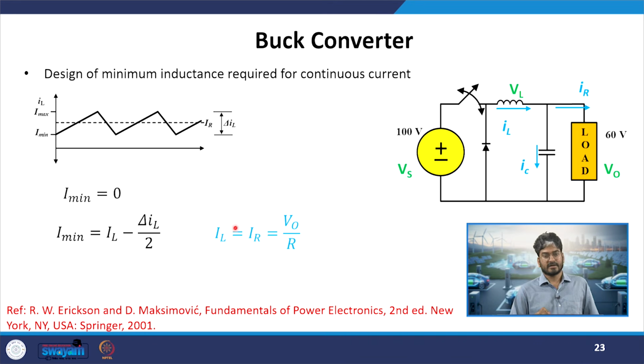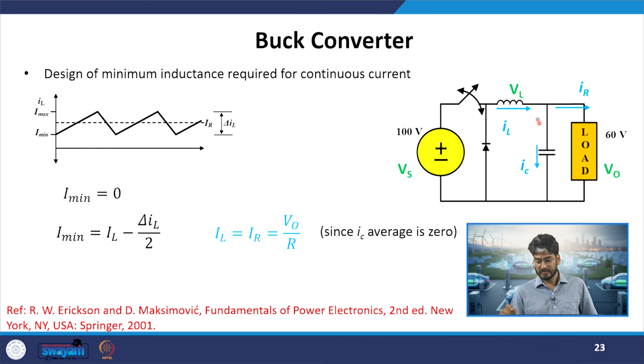That will be equal to the average inductor current. What will be the average inductor current? It will be equal to V naught by R. Why will it be V naught by R? If you see in this graph, the average inductor current will be equal to the average output current. When can this be true? When the average IC is 0. As we are considering the circuit to be operated in steady state, the IC value over a cycle is 0. So, whichever is the average inductor current, that will be the same as your load current. If I apply KCL at this node to the average values,